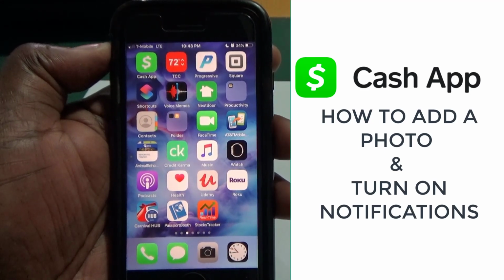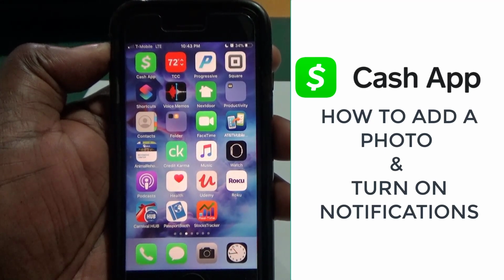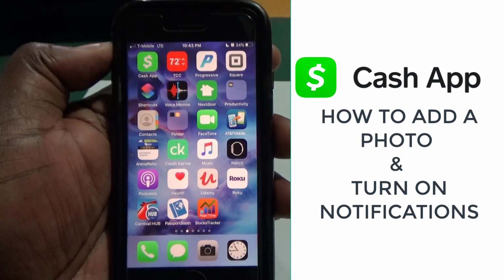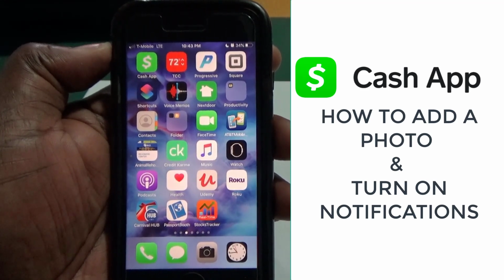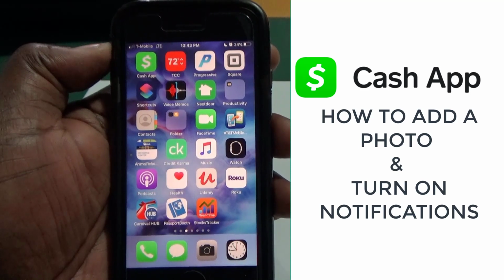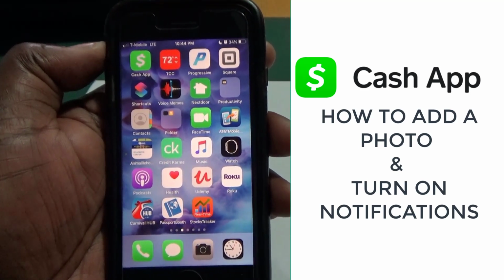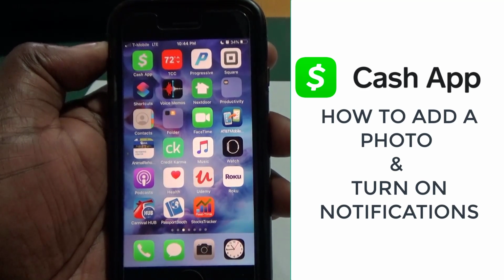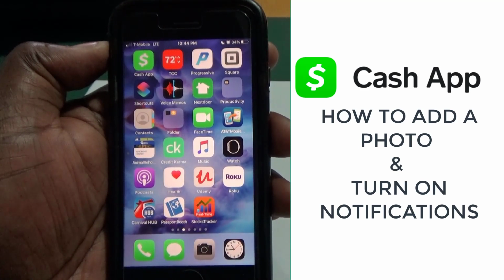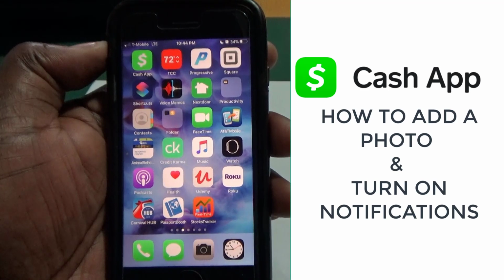Okay, I'm gonna show you how to add a photo or your picture to your Cash App. You know, you got a lot of people that ask you to send money, especially with this coronavirus going on. You may not want to pass money hand to hand, so use the Cash App. But before you send anybody some money using your Cash App, make sure they add a photo, because there's so